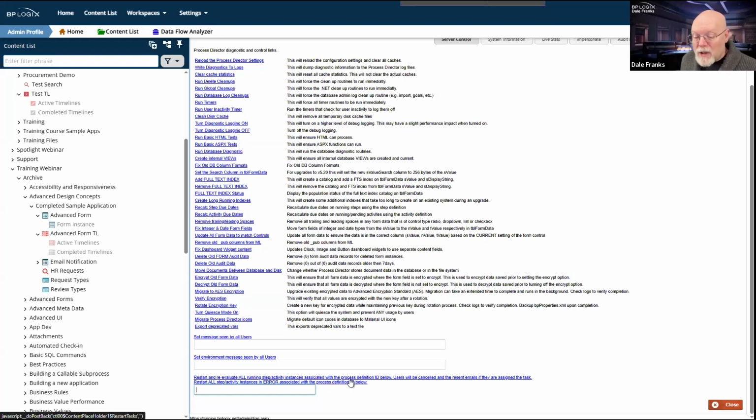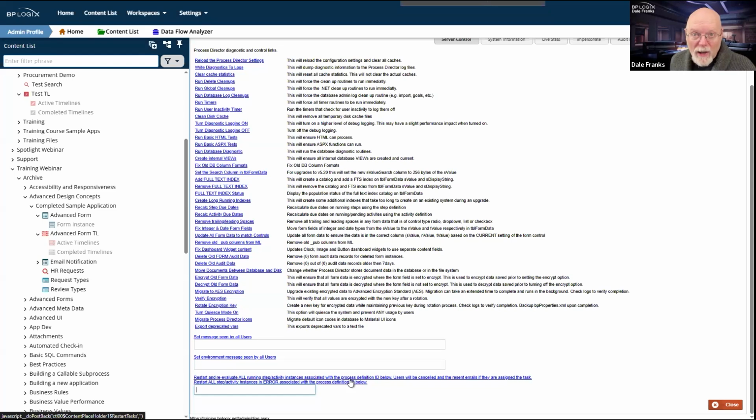I can restart everything that is in error for that process instance ID. Now, any running users are going to be canceled. If it restarts and reassigns those users, they're going to get all of their email notifications and stuff again. I mean, it is going to restart everything.